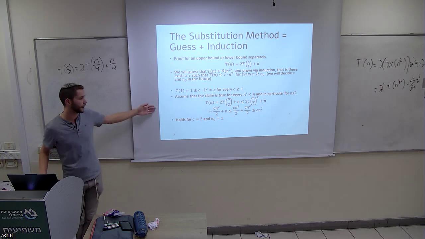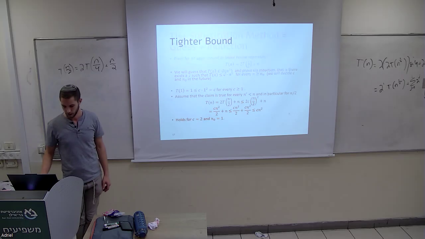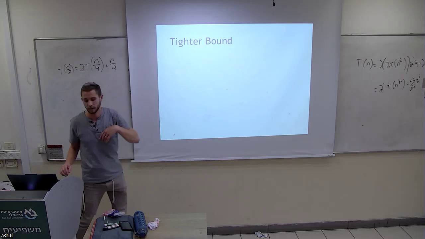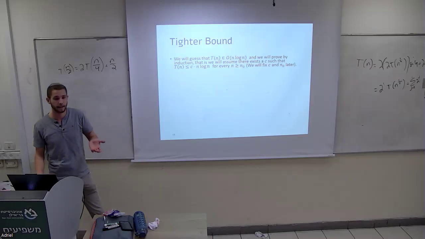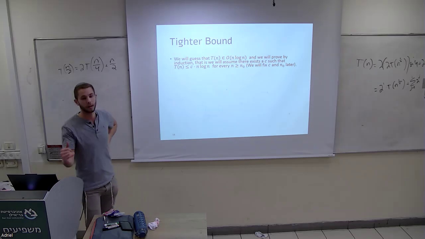Yes, look at it on the test, homeworks, no? Yes. If you want to prove it, you have to do the lower bound too, if you want a theta, if you want to know that it's the right bound. It's not a tighter bound, like you said, it's not the right bound. We can try to guess that it's n log n, and then we'll prove the same thing using